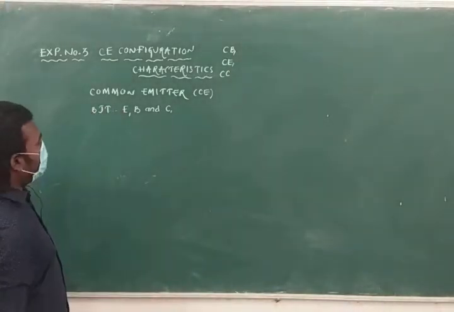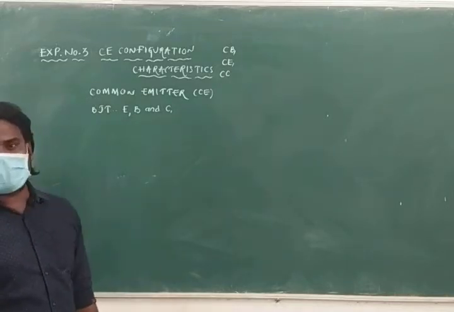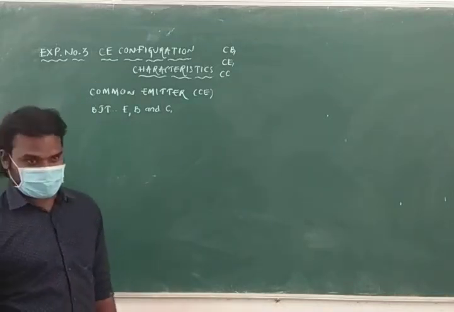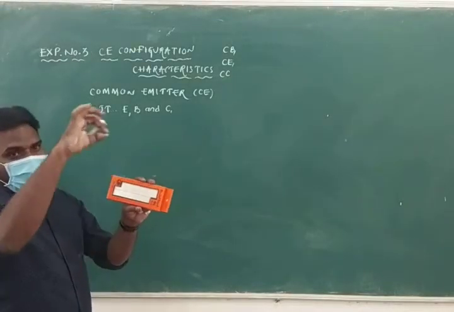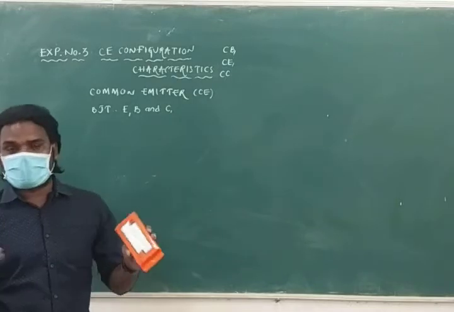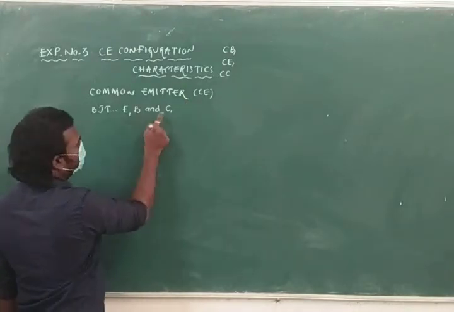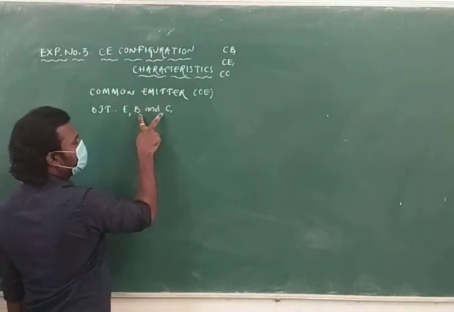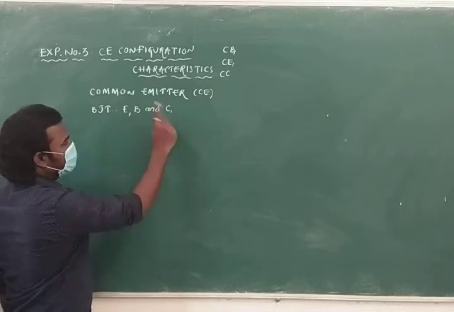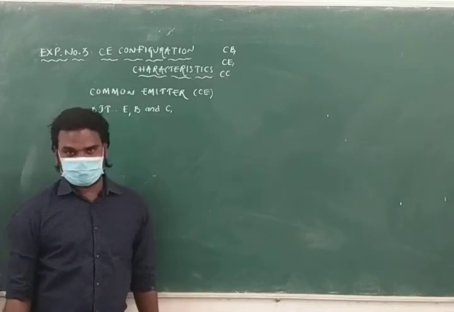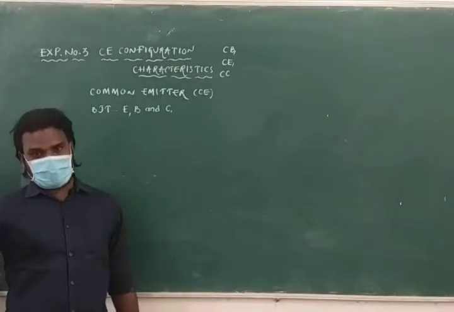In this video, I am going to talk about the BJT connected in common emitter connection. When the BJT is connected in common emitter, emitter is common for the remaining two terminals. What are the remaining two terminals? Base and collector. This emitter will be common to the base and the same emitter will be common to the collector. That connection is named the common emitter configuration.